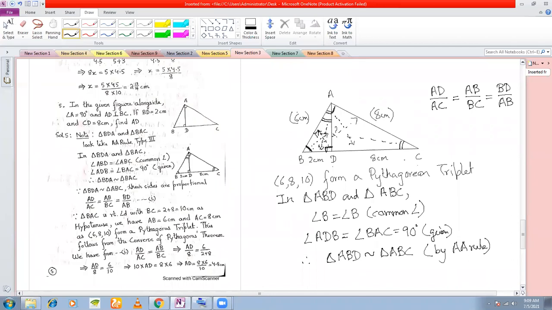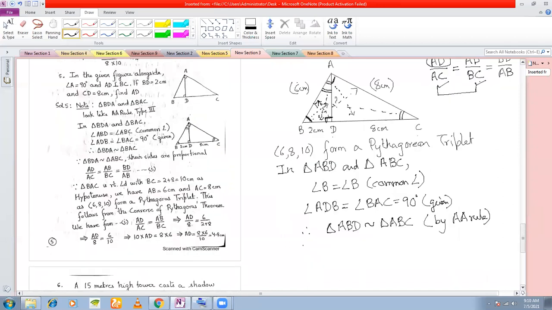Okay, now we check what we need to find out. You need to find out the length of AD here. And what all are given? BD is given to be 2 centimeters. So this is given. CD is given to be 8 centimeters, but there's no CD here. But definitely you see a BC here. So we know the length of BC. This we know. Okay, what else do we know? We know the length of AB also, right? And AC do we know? Yes, we know the length of AC also. So that means we need to take these two equalities to get our required length, AD.